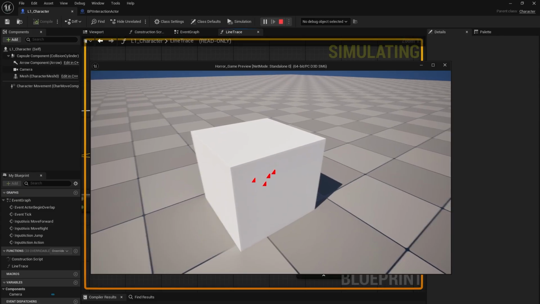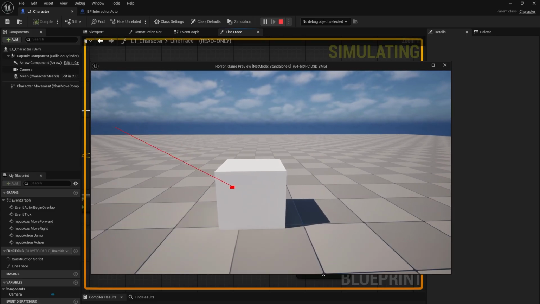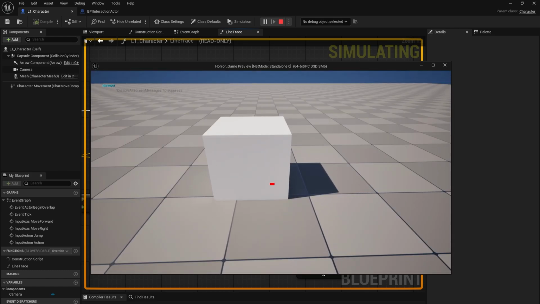You will see a thin red debug line from the line trace showing the hit. To clean it up,